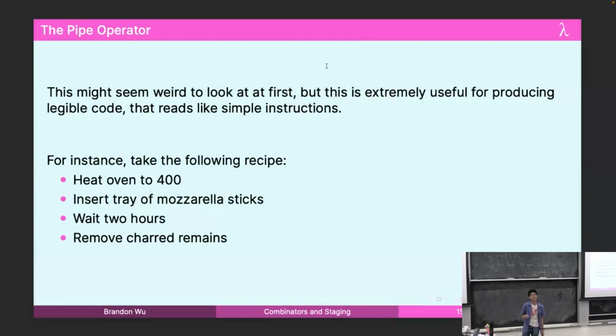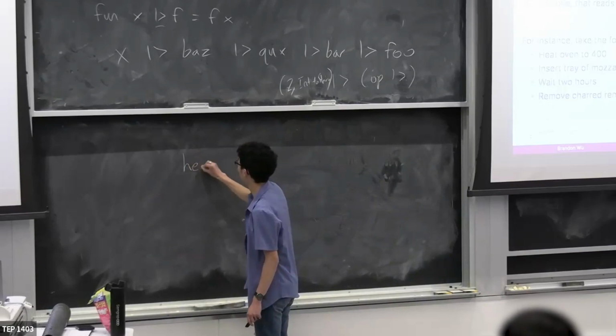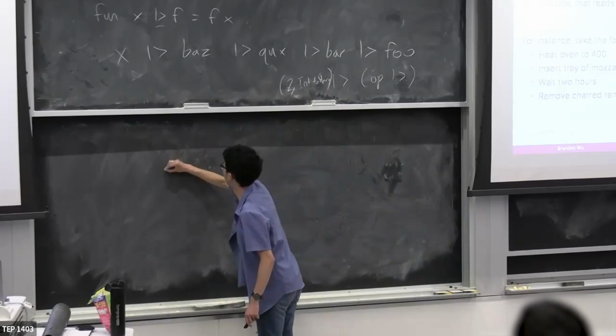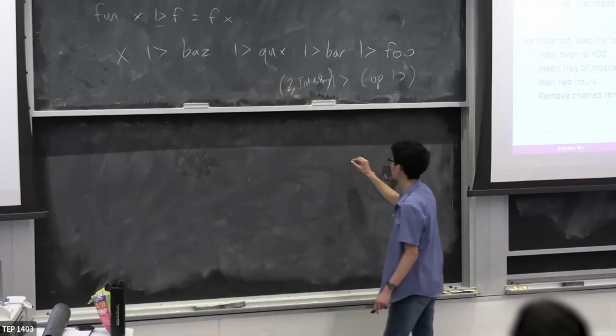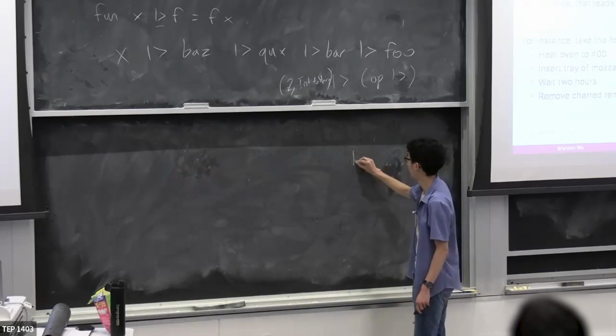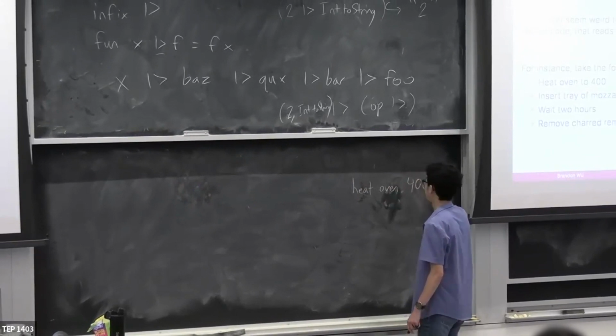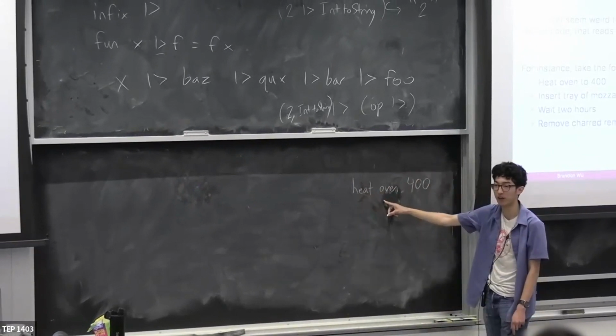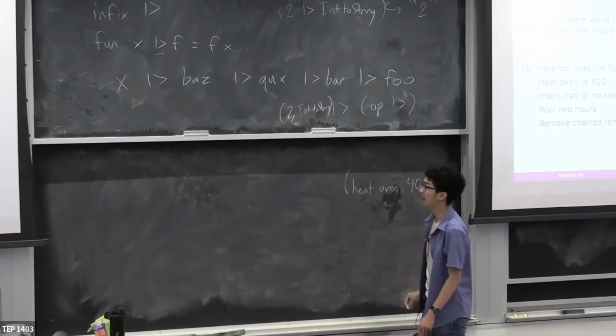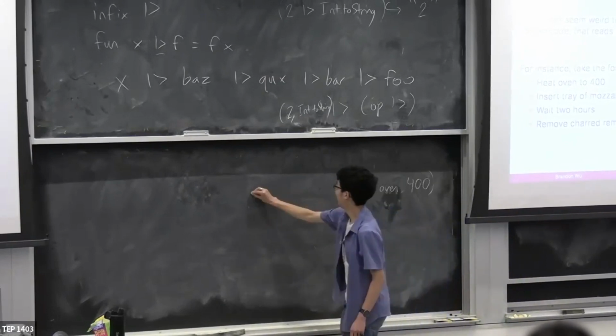But let's see that in SML. All right, suppose I want to make mozzarella sticks in SML. Here's what I'd write instead. Actually, let's do it 2 ways. Let's do it the first way, and I'm going to conspicuously start all the way over here. I want to heat the oven to 400. Suppose that heat is a curried function that takes in this oven value, right? And then what I do is I insert